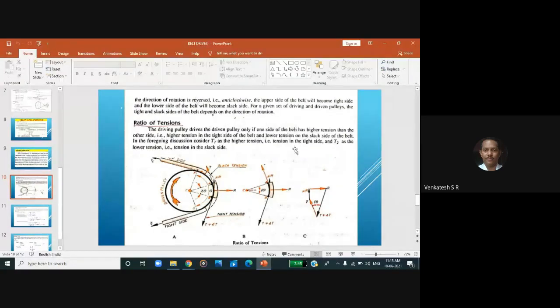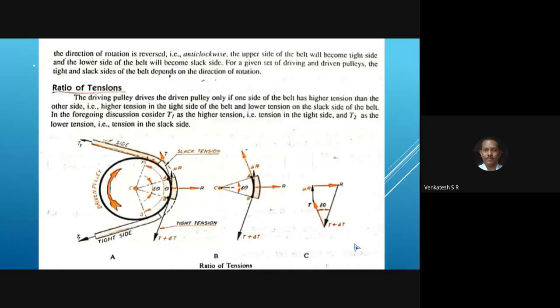Okay, for this question, write the driven pulley diagram and the vector analysis diagrams shown in figures B and C. Usually this question appears in the examination for 5 marks. Many question papers have this question.